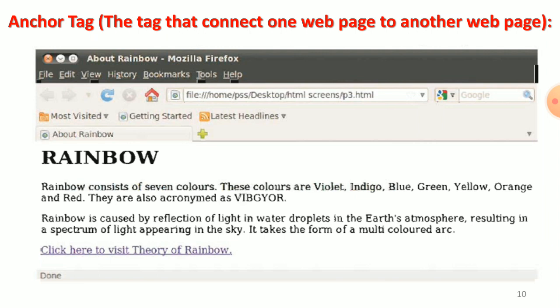That means when the user clicks on the text, "click here to visit theory of rainbow", that is a hypertext, and the related file having information about theory of rainbow should get opened.